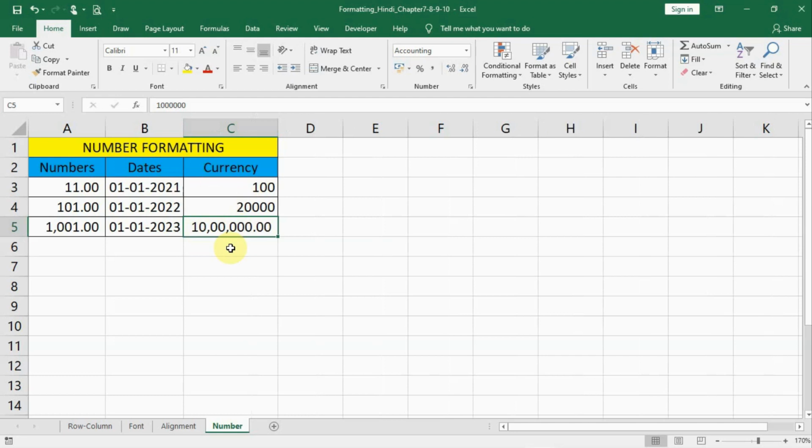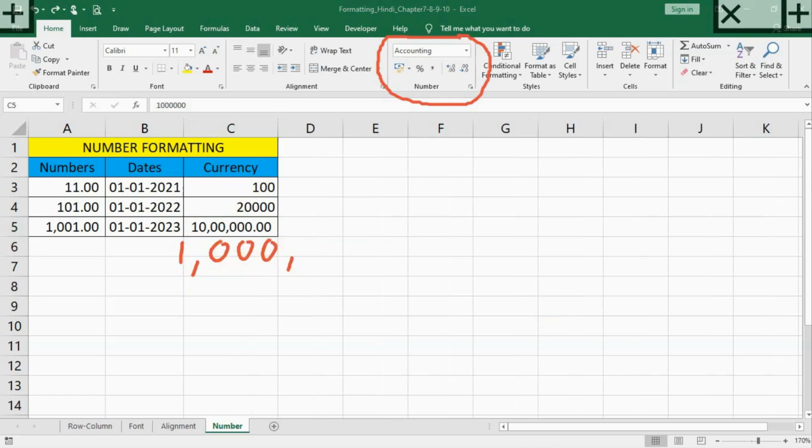This is an Indian format. It might be possible that the format in your case is the American format. Need not worry, because I have my default format as this, and you might have another format on your screen.